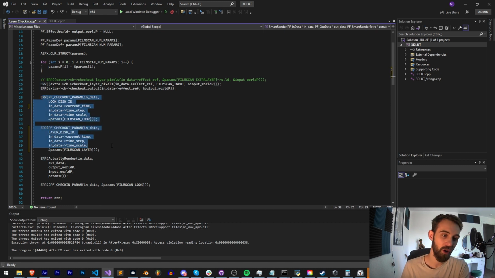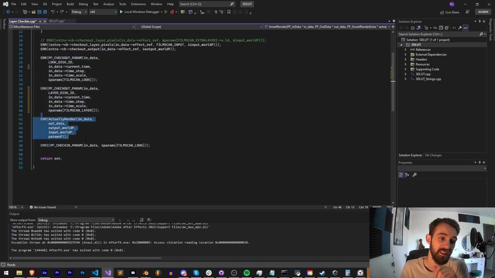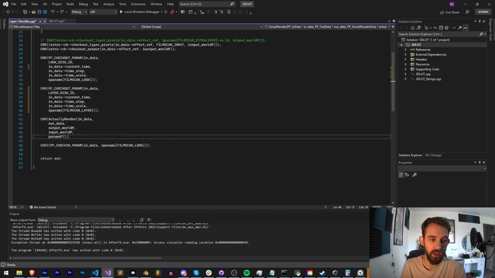So after you check out all of your parameters one-to-one with your UI parameters, the next thing is you'll run your render function. Whether you're using Smart Render or normal render, this is going to be the same. You want to have your checkout before, then your render, then we're going to do what's called the check-in, which is just the opposite but way easier. All we have to do is wrap a PF check-in param call in an error. We're going to provide our in data and then a pointer